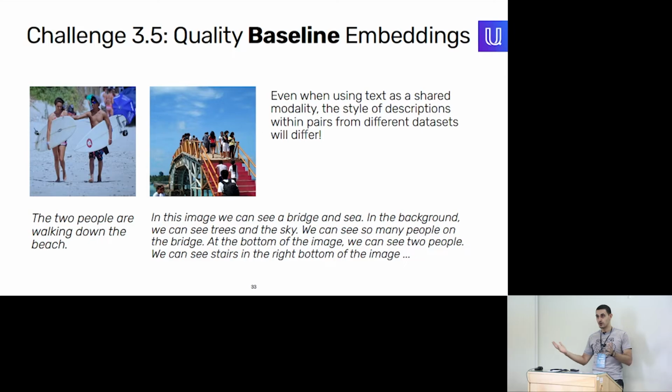So when you train on big modern data sets, the style in which the images will be described will be vastly different. And if the modality that you're trying to add is audio and you're adding stuff like dialogues, and the dialogues would have a pair of the WAV file and the textual description, or say the transcript of the talk, you will have massive issues if the style of this dialogue doesn't match the style of the narrative or the captions of the images. So the captions can have, let's say, short descriptions, such as the two people are walking down on the beach, or can have much more scenic, much more descriptive, long descriptions like the one on the right.